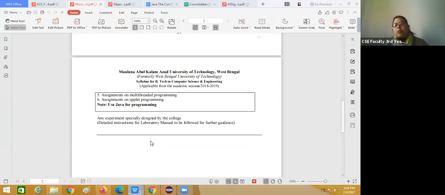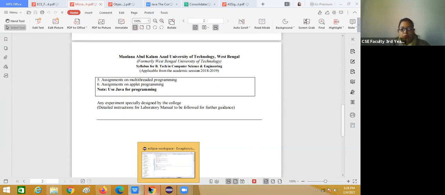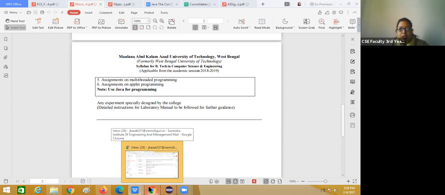multi-threading. What is multi-threading? All of you know what multitasking is. There's a big difference between multitasking and multi-threading. So what is the difference? Can anyone tell me? Which one is heavyweight and which one is lightweight?